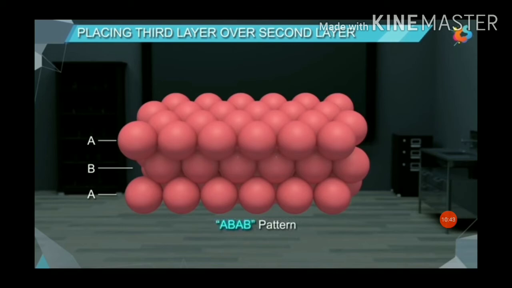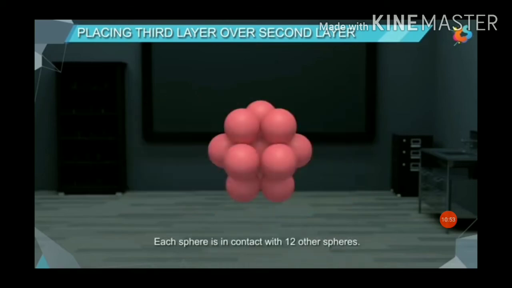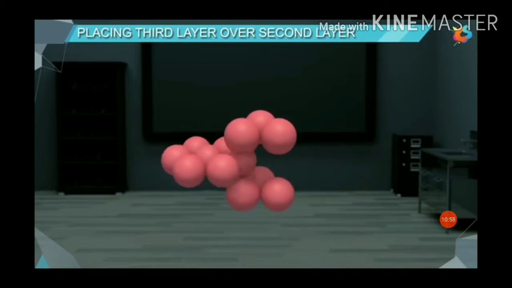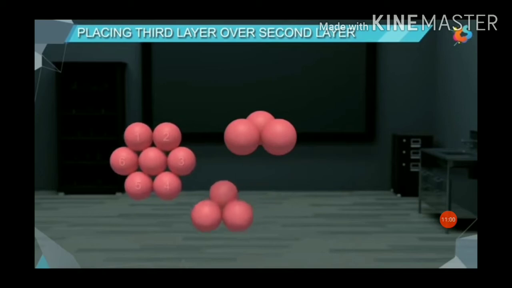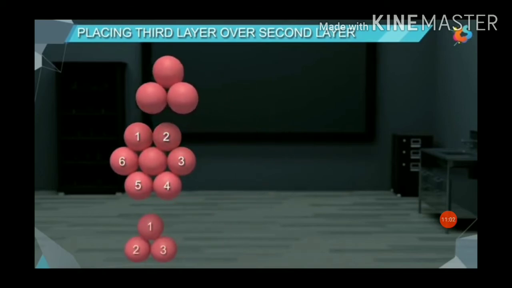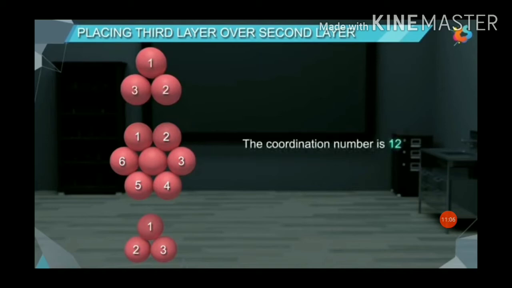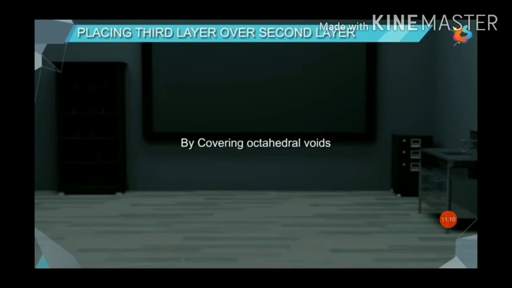The coordination number of this type of packing is 12, because if we consider one particle, it is touched by 12 neighboring particles. So the coordination number is 12 for the HCP lattice. Listen carefully. In hexagonal close packing in 2 dimensions, the coordination number is 6, but in hexagonal close packing in 3 dimensions, the coordination number is 12.